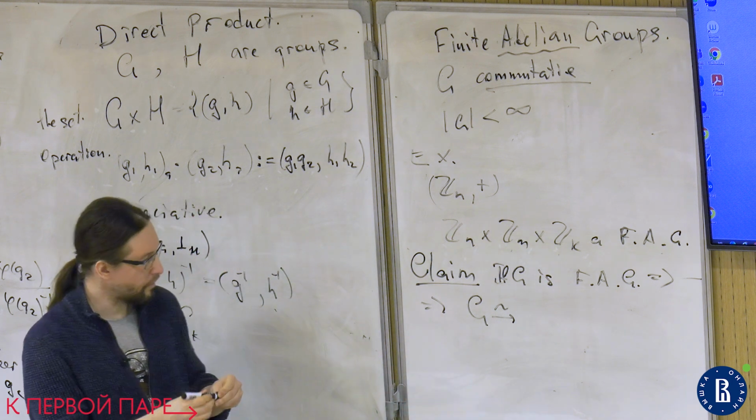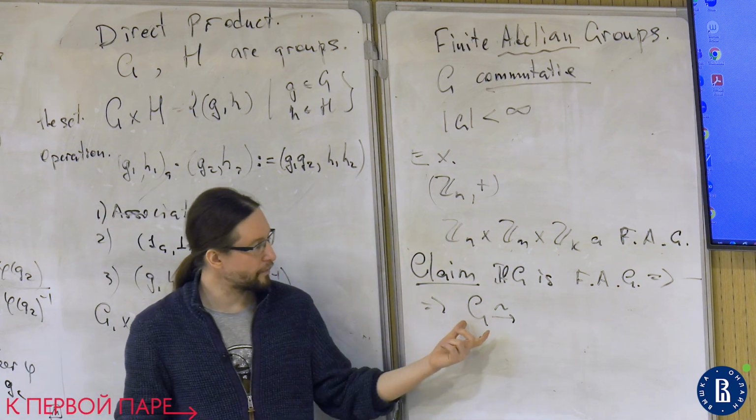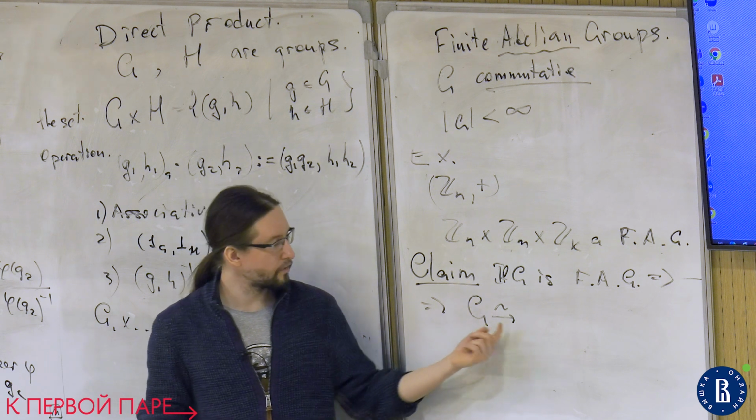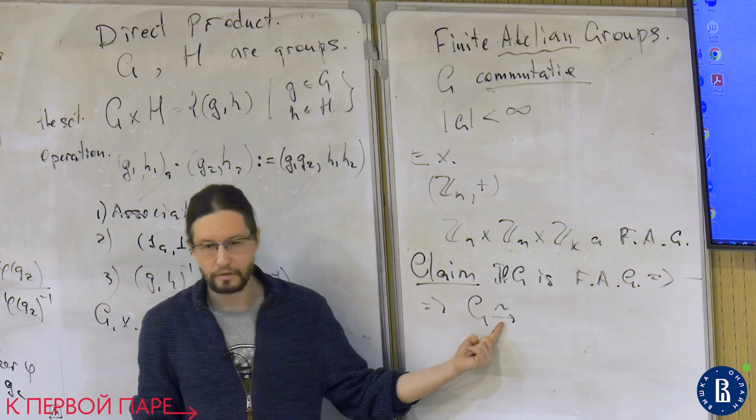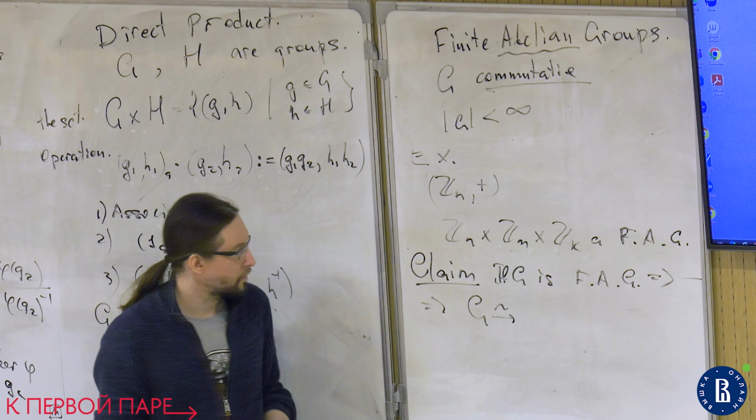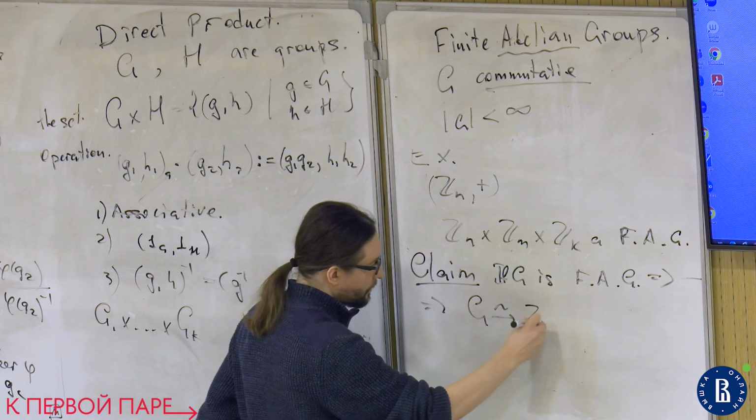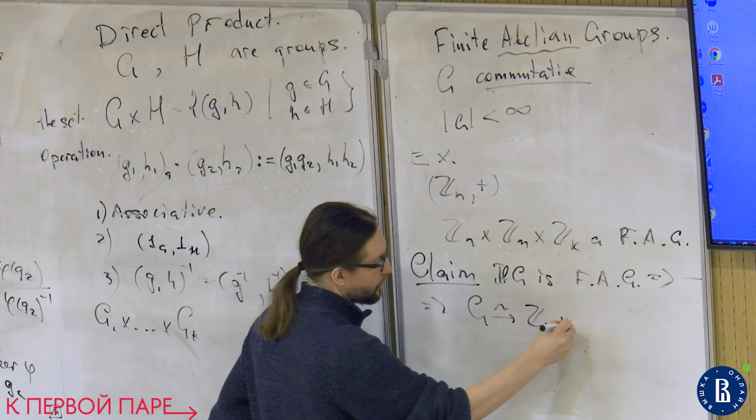Well, I didn't introduce this notation, but if a group is isomorphic to another group, we have this notation, like an arrow and a tilde above it. Then the group G is isomorphic to a direct product